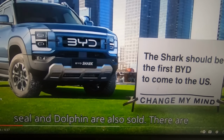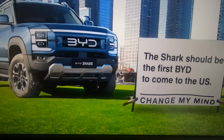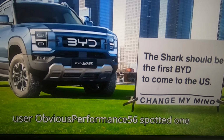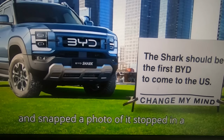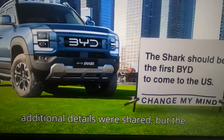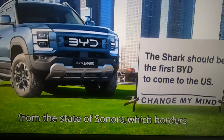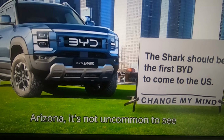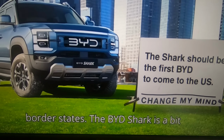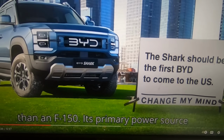Models like the fully electric Seal and Dolphin are also sold. There are no plans to sell the Shark in the US, but it looks like someone drove one across the border from Mexico. Reddit user Obvious Performance 56 spotted one and snapped a photo of it stopped in a Scottsdale, Arizona parking lot. No additional details were shared, but the license plate appears Mexican, possibly from the state of Sonora, which borders Arizona. It's not uncommon to see vehicles registered in Mexico in the border states. The BYD Shark is a bit bigger than a Ford Ranger, but smaller than an F-150. Its primary...